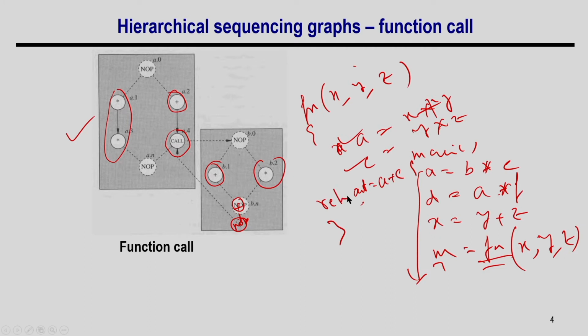So, now this is what the hierarchical graph looks like. Right. Now I have scheduled this particular main block, because this is a basic block. I also schedule this basic block, right. I have a schedule, and now I have to schedule them together. I have to club these two schedules together, and I will get a combined schedule graph, a combined sequence graph, right. And then on top of that, I am going to do the resource allocation and binding, right. This is what it is about the function call.